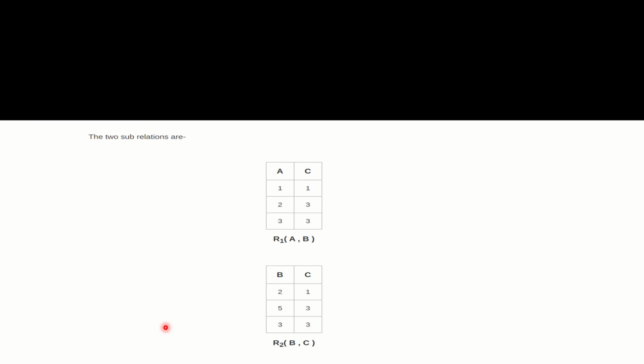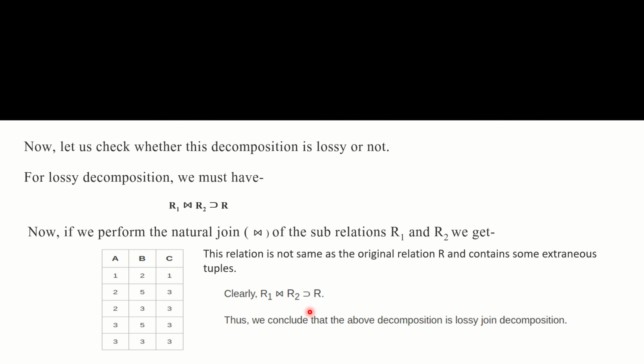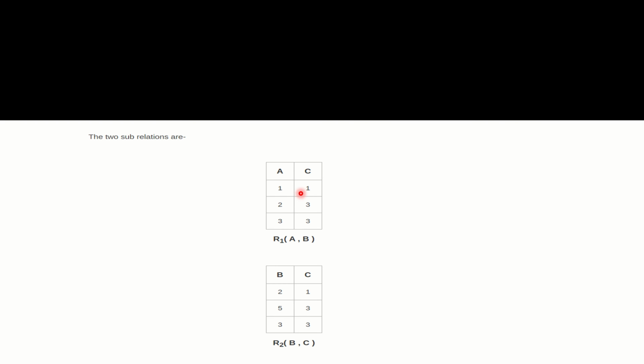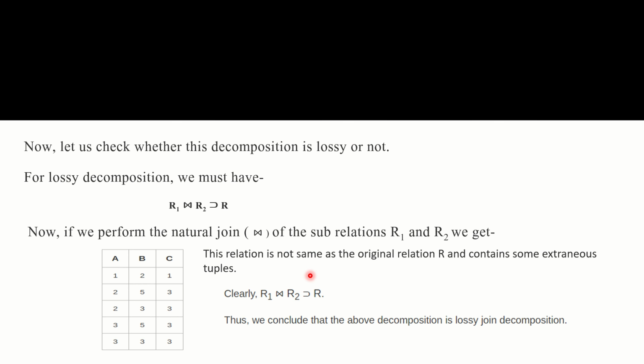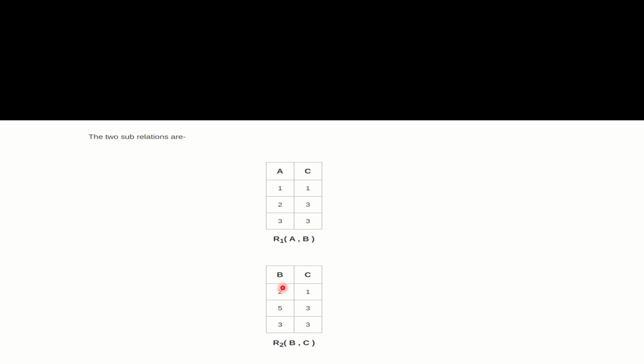Suppose we are trying to find out the natural join of these two tables, we will get a result table like this. First we are taking the first row, 1 1. The common attribute is C in both the tables, so we will try to find a common 1 in C here. If we join, we will get 1 2 1. So you must be careful while writing the names of the attributes. If the attributes are A, B, C, we take 1, then we write 2, then 1, because C is common to both.